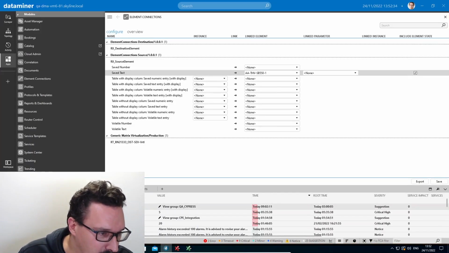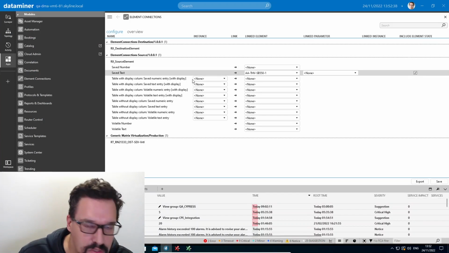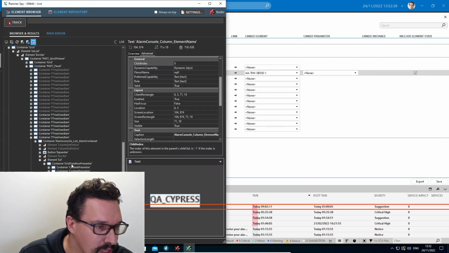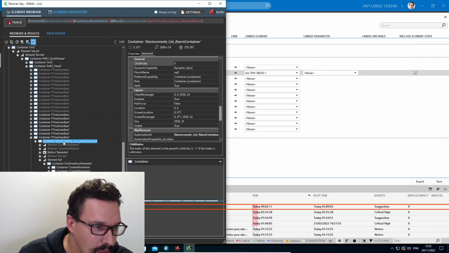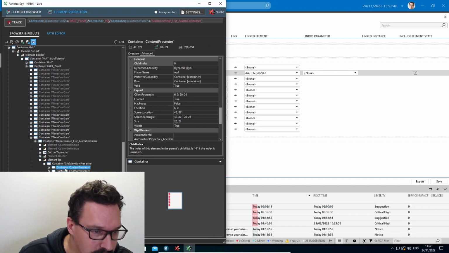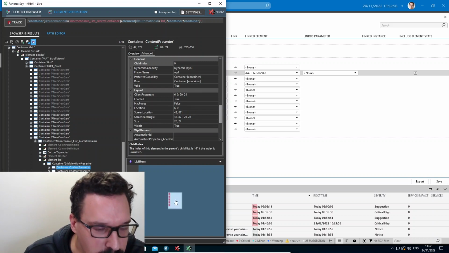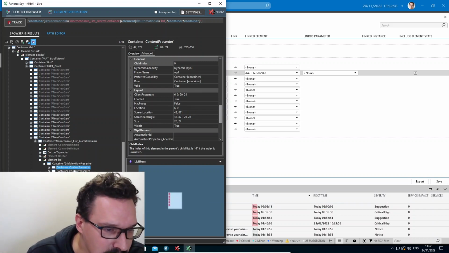And if I'm going to track an alarm row, so I'm going to choose the element name first. And then on top of that, I have my alarm row. And then one of the first items here. Yeah, so this one, it's a bit skewed here in the preview, or a bit shifted,